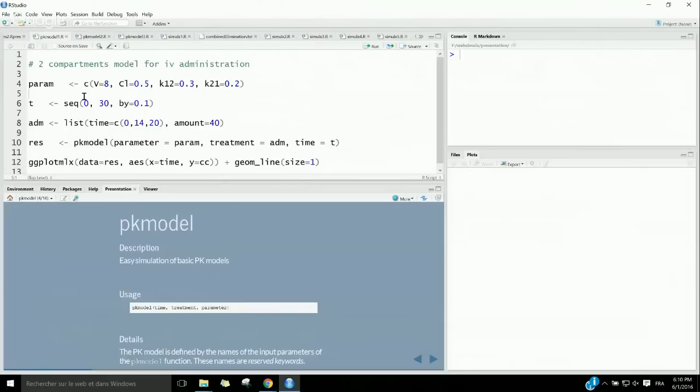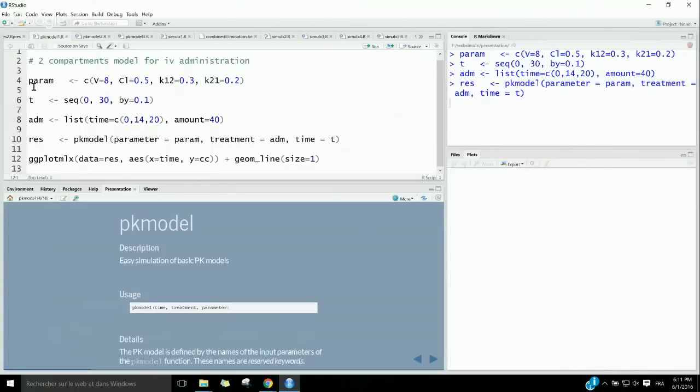In this example, we want to compute the predicted concentration between time 0 and time 30, every 0.1 hour, for example. And we need now to define, of course, the dosing regimen. So in this case, we give 40 units, 40 milligrams, for example, at time 0, 14, and 20. And that's enough for a PK model. So I will just run that. During this presentation, I've prepared some R code and just ran the script. I don't want to spend too much time typing all these instructions. So now I can run pkmodel,